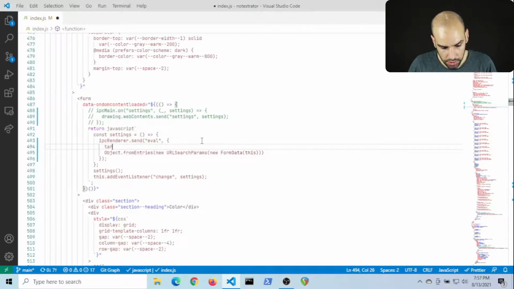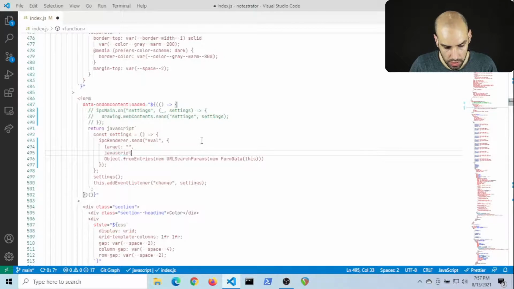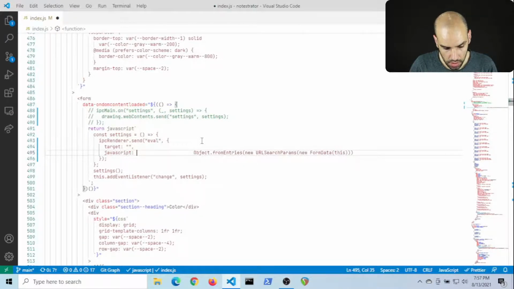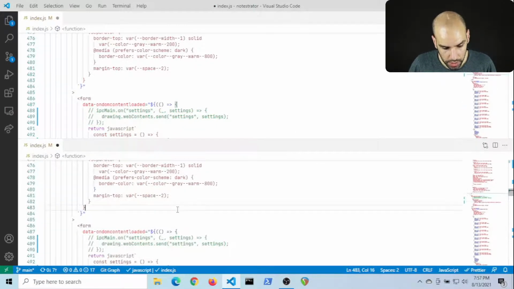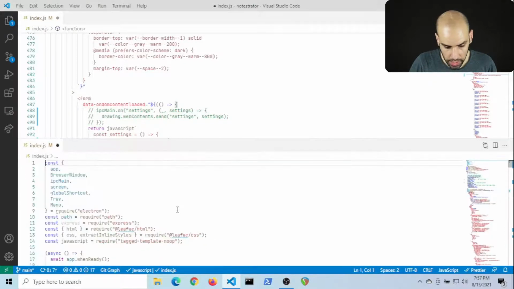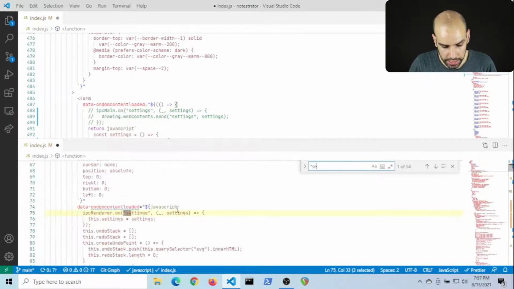The target and the JavaScript. What is my target? My target is my menu. No, my target is my drawing window. And then the JavaScript that I want to run will be way in the beginning under the settings event.